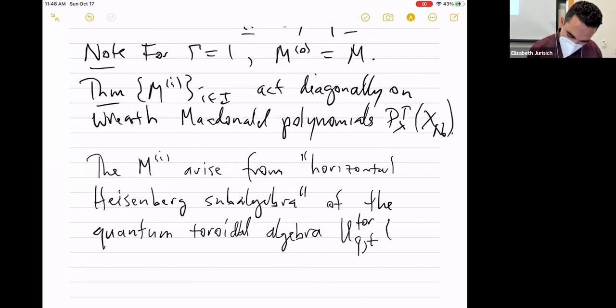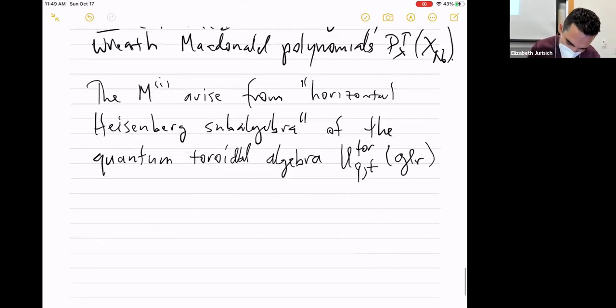Toroidal. So it depends on 2 parameters, and it's the one for GLR. R is the number of vertices in the quiver, or in the cyclic group, gamma. And you have a quantum toroidal algebra, which you can think is sort of like a double quantum loop algebra. If you haven't seen this before, you can think of it like